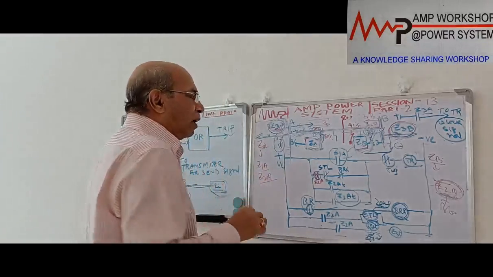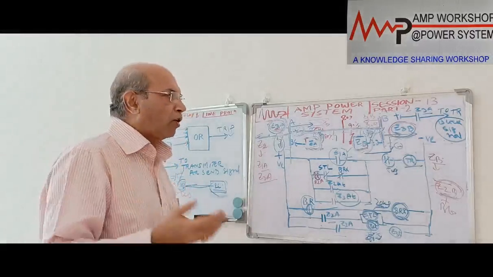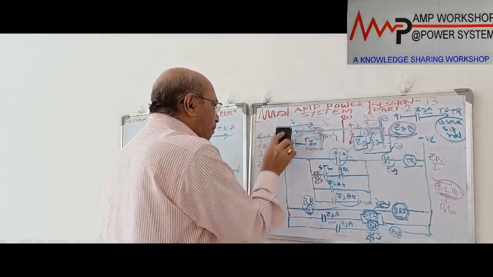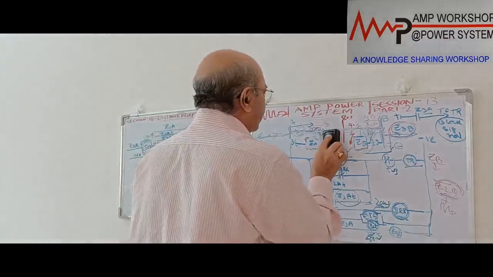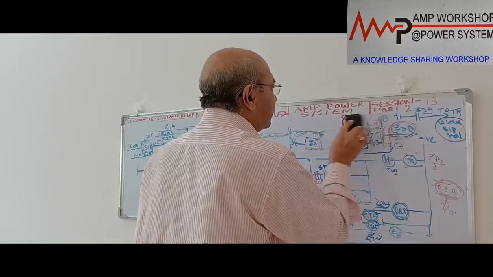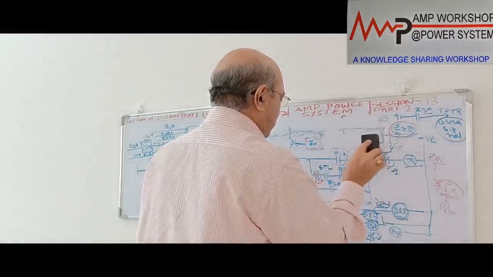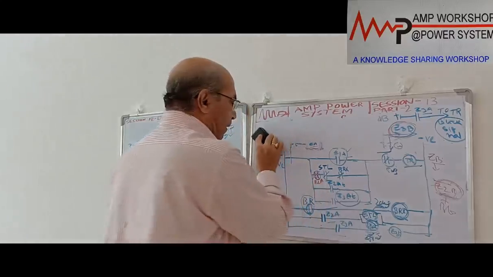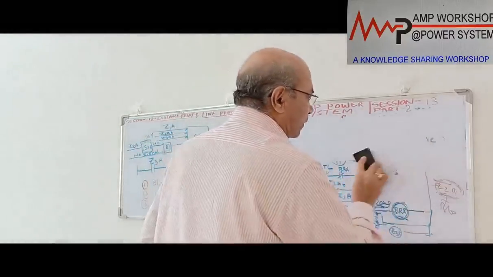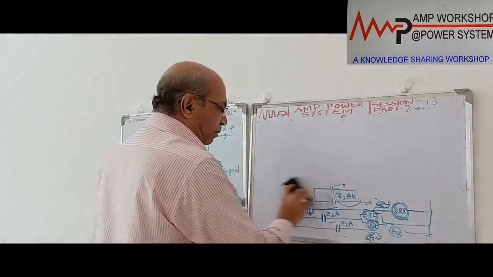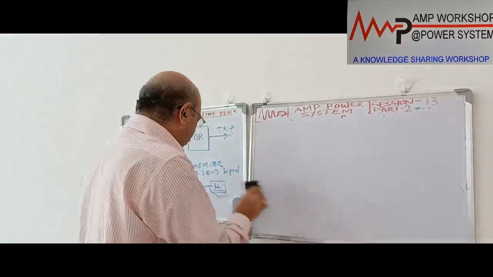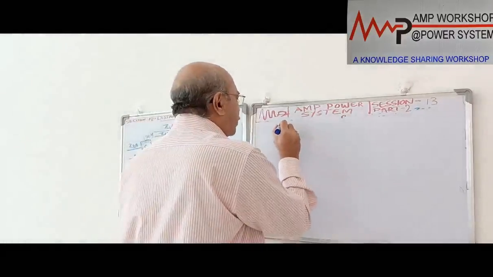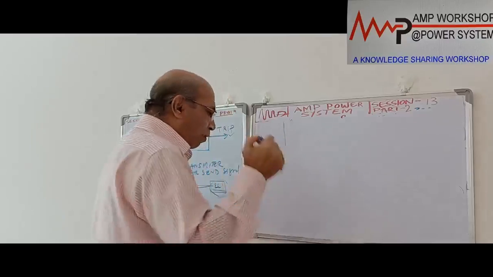Now the next scheme is the directional comparison unblocking scheme. This unblocking scheme is more or less the same as our permissive overreach scheme. Let me draw it, that will be easier. The scheme which we use in the permissive overreach scheme, this unblocking scheme is more or less the same. Only the difference